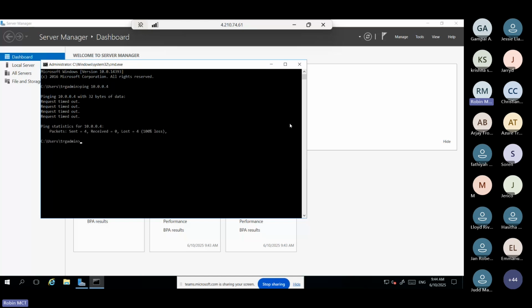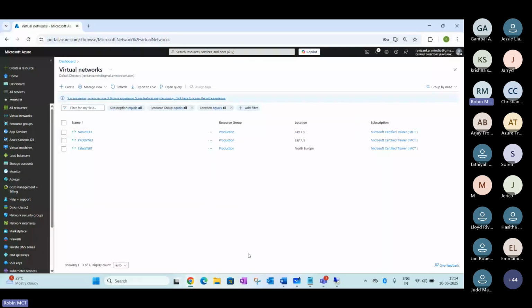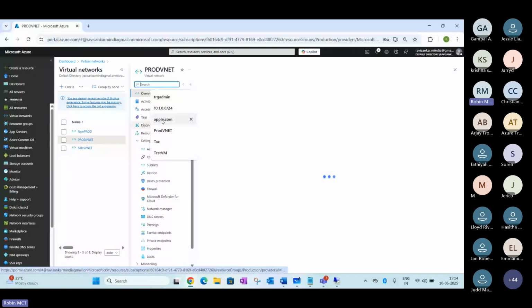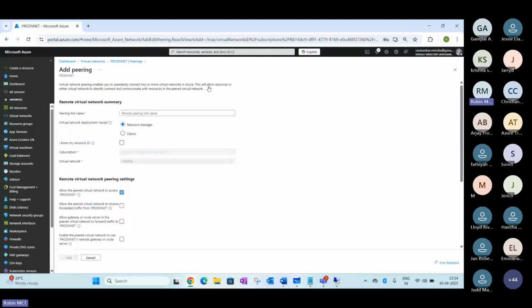How is the peering done? You can use it on the virtual network. Your peering can be enabled here. In case you want to enable any kind of communication here, you can go to the properties of the VNet. You may be able to see there is an option called peering here. Here you can go and add the peering option. For example, if prod VNet wants to communicate to non-prod here, they can just enable a peering here. I'm saying I want to make it trusting here, so I can just connect this non-prod here.